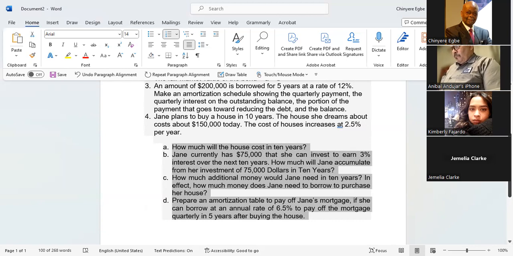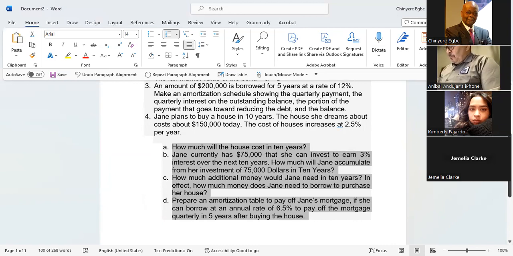So you also say to yourself, I have this money. I'm going to put it in the bank. And in 10 years, it will give me so much. I will have so much money. Okay. And as you are looking at these stages of the problem, you are asking yourself, what is the right method? The right method for problem A, how much will the house cost in 10 years, is a future